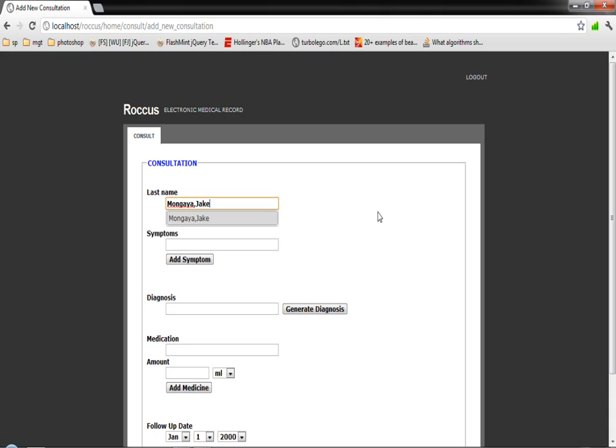Let's try to add a consultation to Jake. So let's go back. As you can see, there is an autocomplete method. By entering only two letters, it fills up with the first name to avoid confusion with family members of the same surname. So let's click